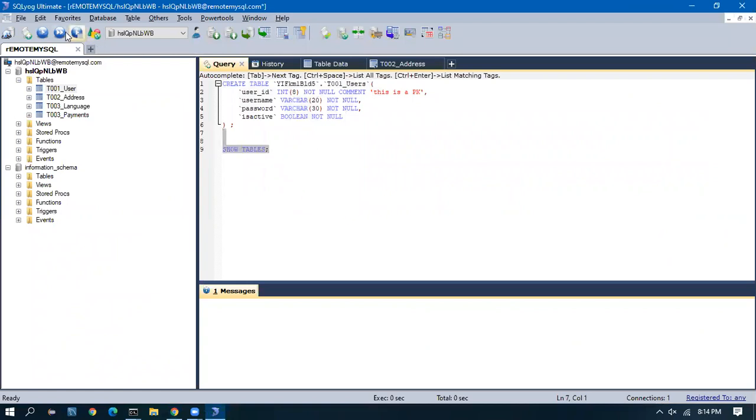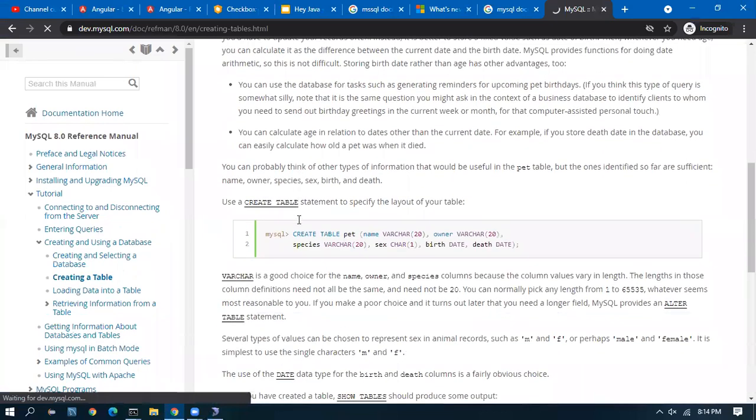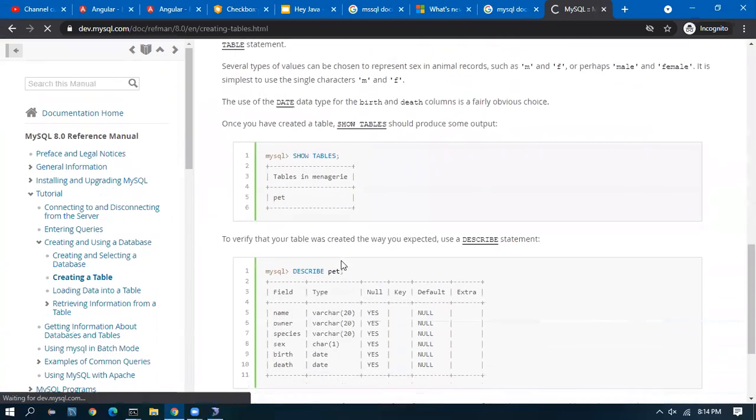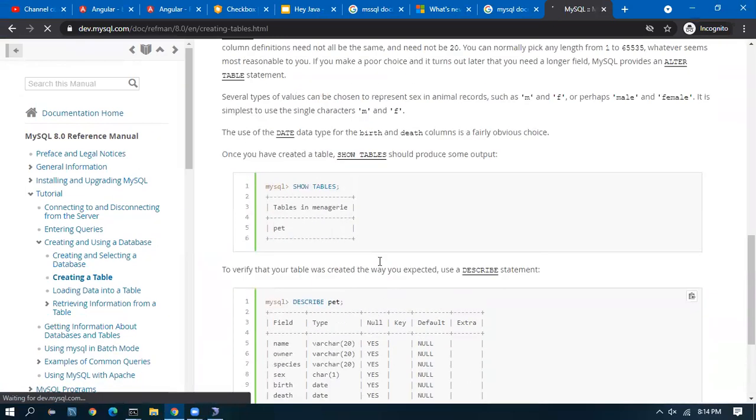If you show tables, it will show me all the tables which I have created. And yeah, so the create table syntax I was telling about: create table name, the columns, and the data types. So there is beautiful and detailed documentation.